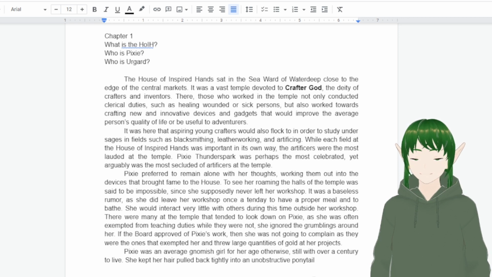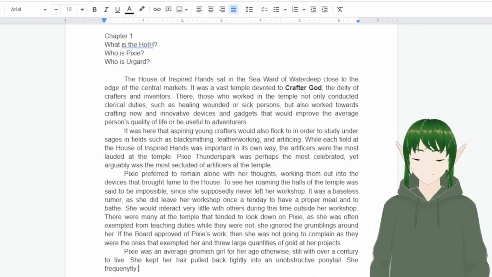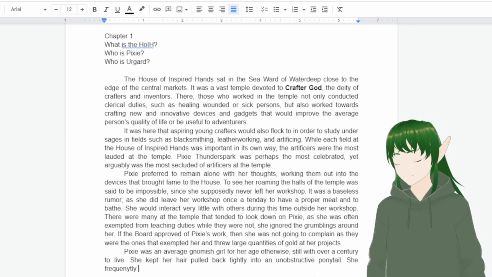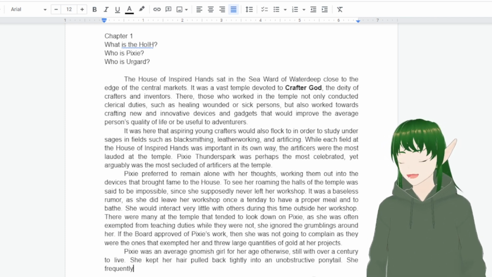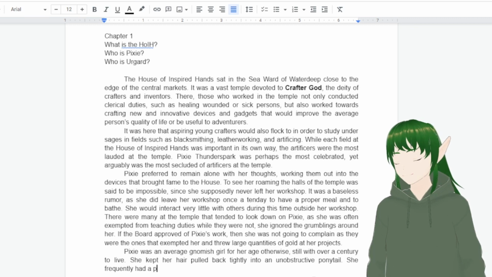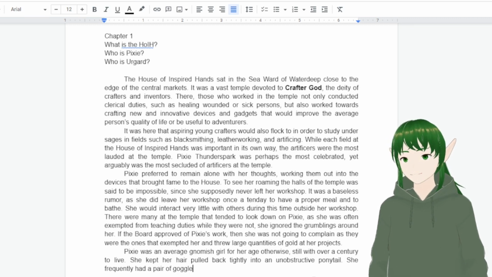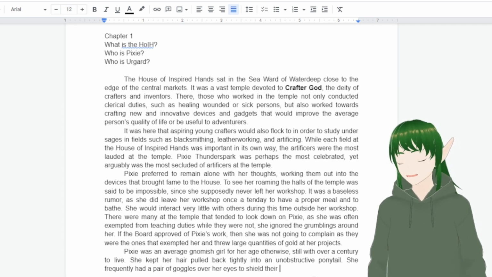Oh gosh. Okay. She frequently had a pair of goggles over her eyes to shield their